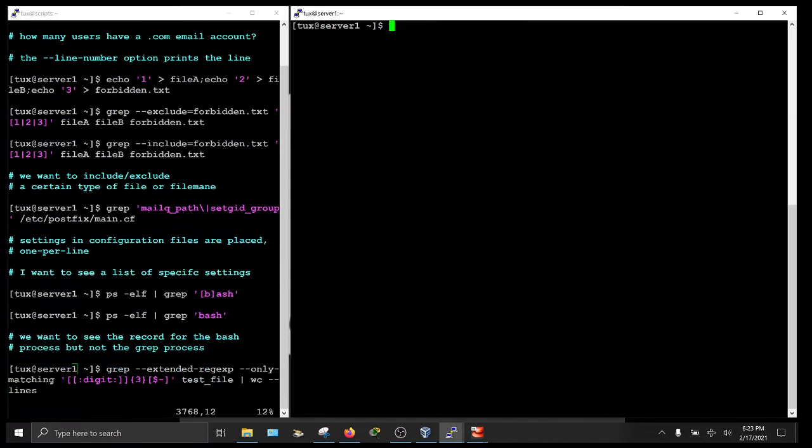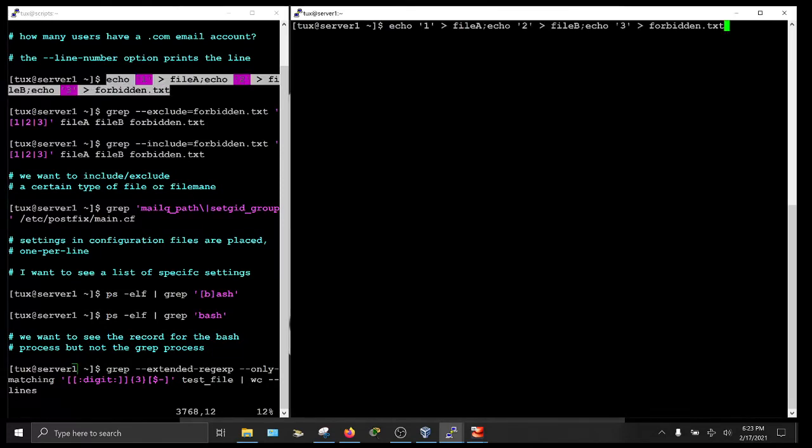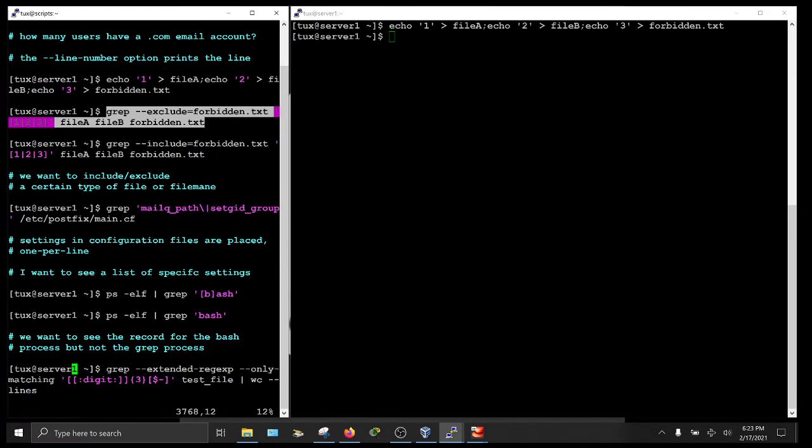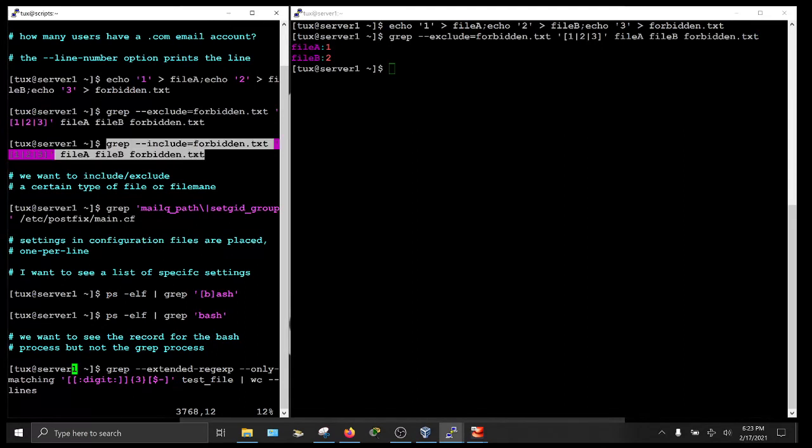Okay, and now I'm going to run this one, and I am creating file A, file B, and then forbidden.txt. Okay, so I'm going to exclude forbidden.txt from the search. Okay, and if I run this, I would run forbidden.txt. So let me just